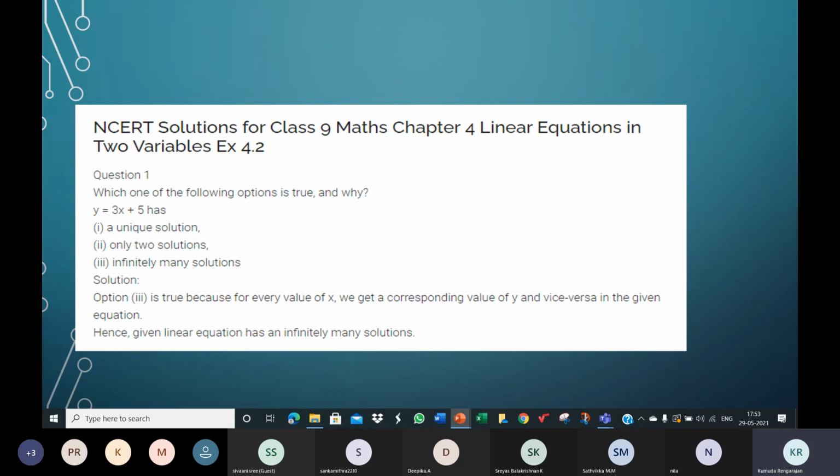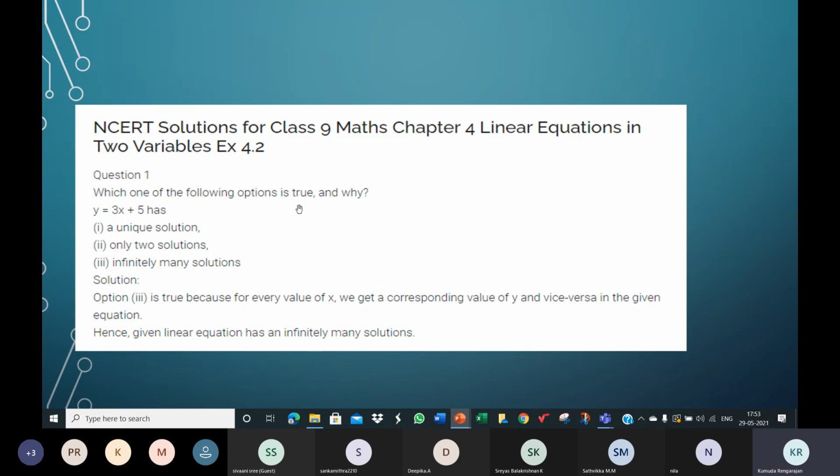And we also note in the geometrical sense, this one is a straight line. On a graph paper, this equation is represented by a straight line. A straight line has infinitely many points on it, which means every point on the line will be a solution to this equation. Again, which means this one has infinitely many solutions.